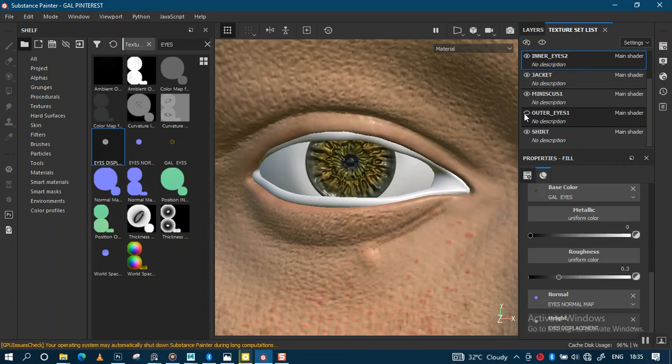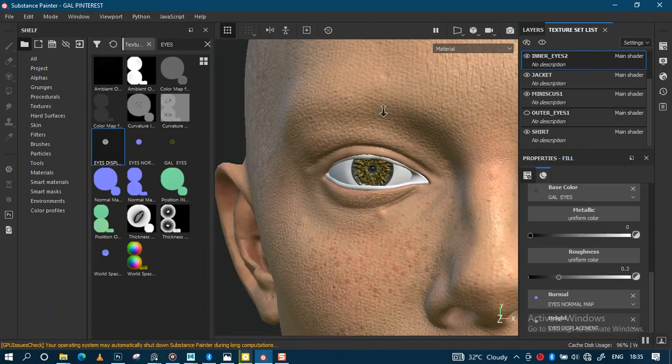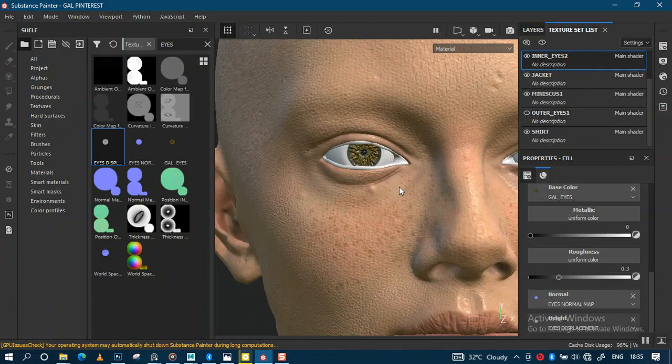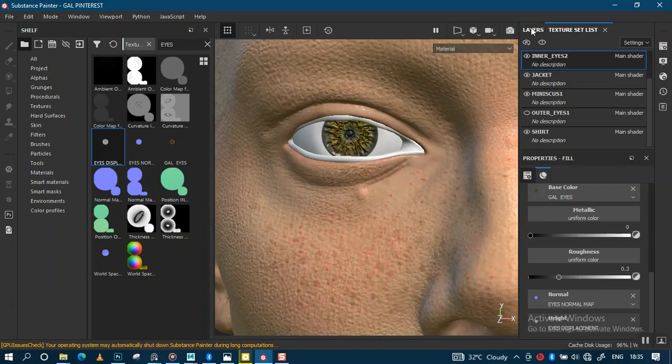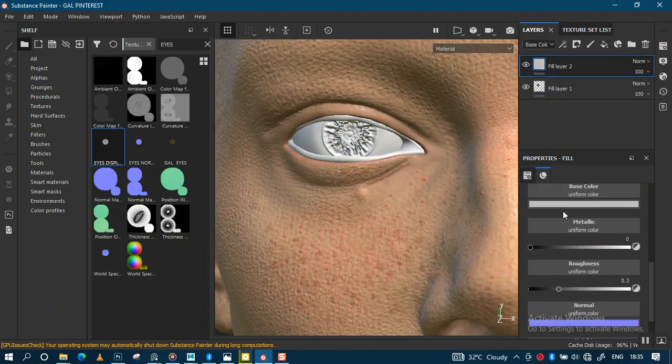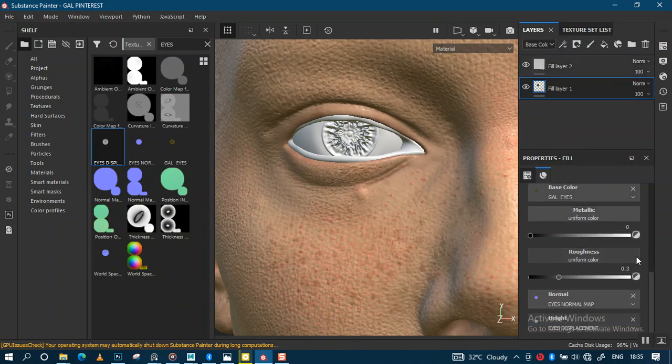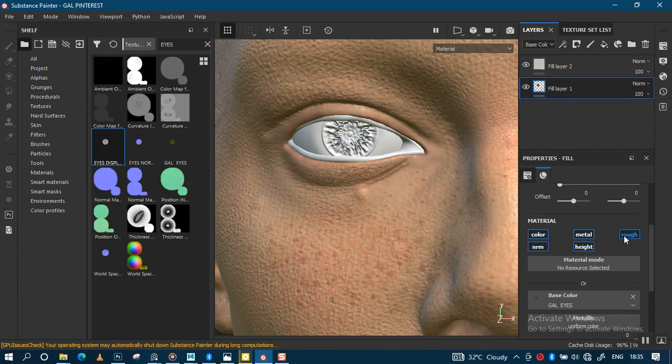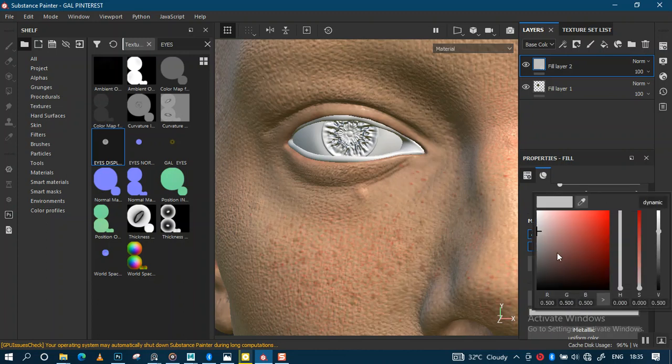So using show all, let me hide. I want to see how this is coming out. First things first, I create a new fill layer. I'll fill this with black. I want to turn off roughness for this, turn off roughness for this also. So I'll fill this with black,